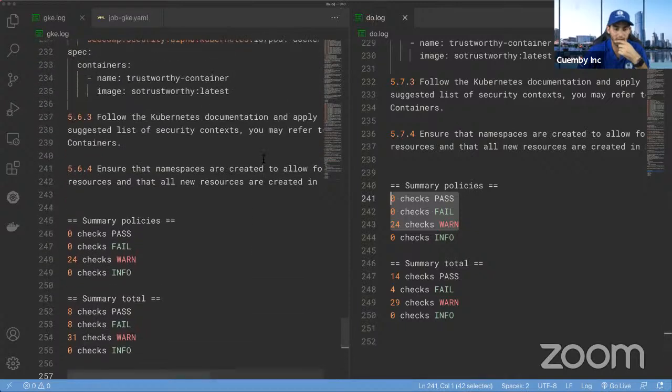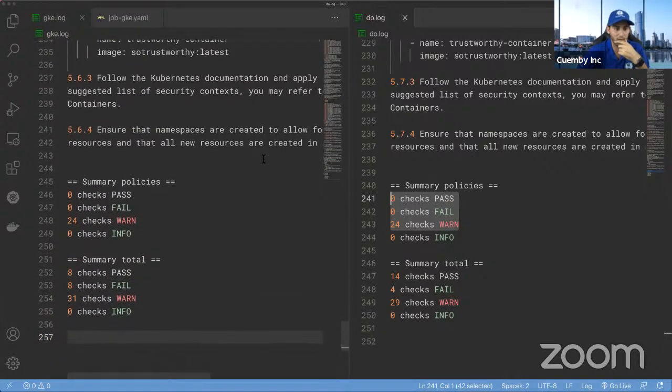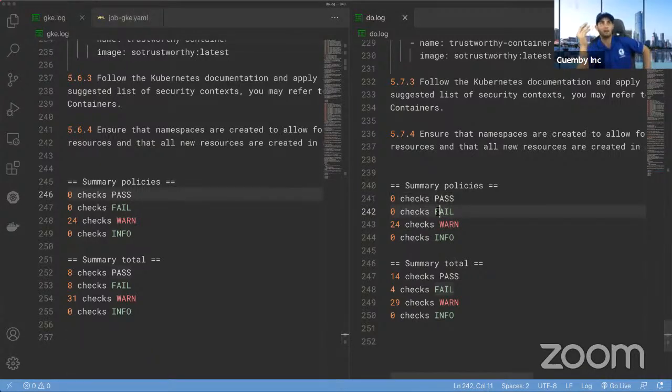So basically we got pretty much the same. I mean, of course, DigitalOcean, I think it has fewer checks that fail, 4 against 4, really doesn't matter, but the warnings are pretty much the same. Of course, DigitalOcean is passing more. Once again, I don't want to use this to make a rant about them or comparisons.